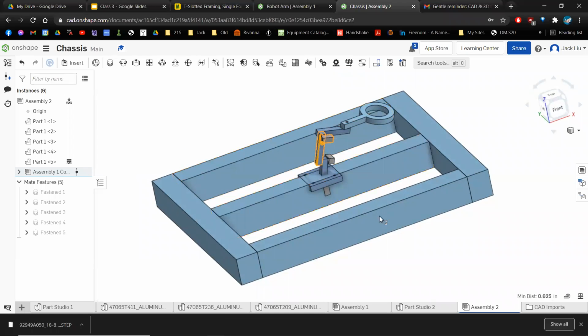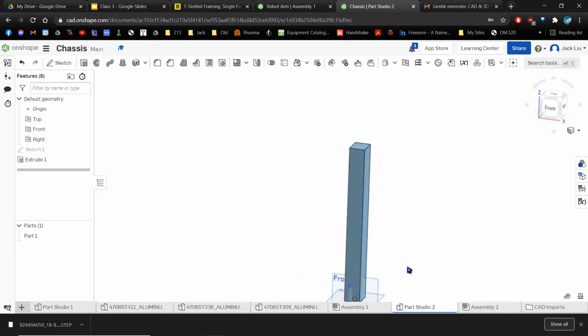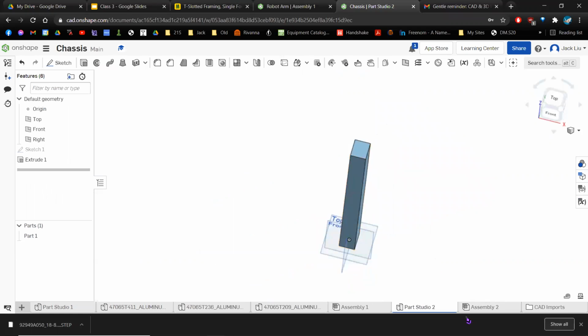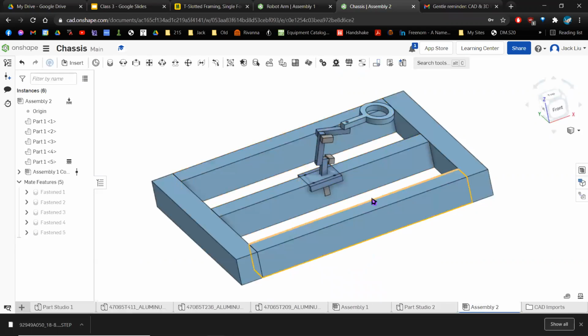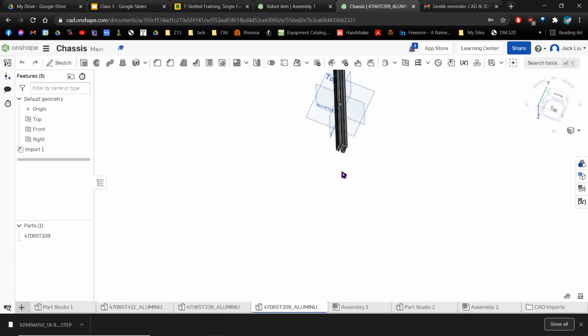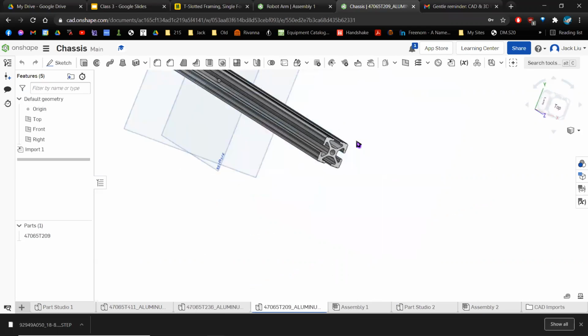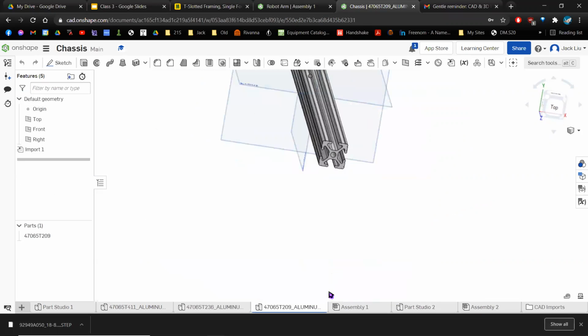Again, to summarize, you can create your own beams like this just by extruding some rectangles, right? I just created a rectangle, I extruded it out a little bit, and then I use that in my assembly like this. Or you can import these 80-20 beams or similar structural members from McMaster or Rev